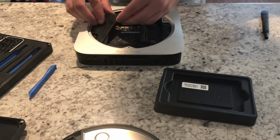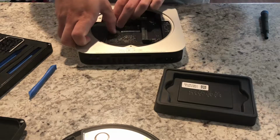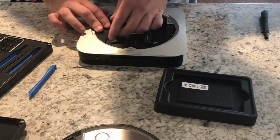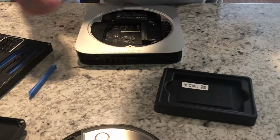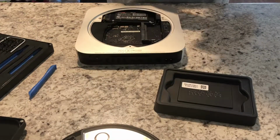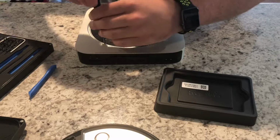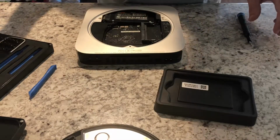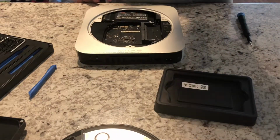So we'll reinstall the plastic cover here, which, like I said, I'm assuming is for thermal control within the computer. And we'll get the screw lined up. There we are. And that is a really tiny screw, which requires your T6 bit. Slide that in place, tighten it down, and that's good. So now you want to go ahead and reconnect your AirPort mesh here,